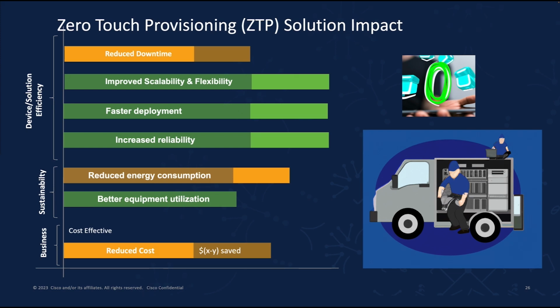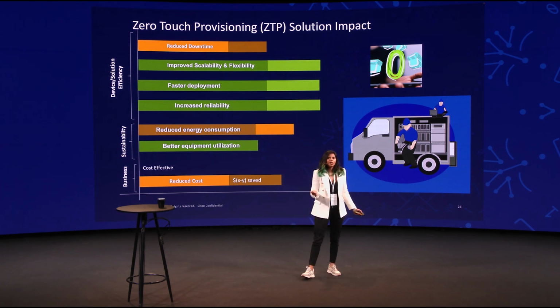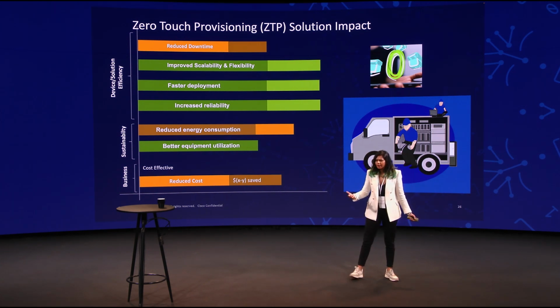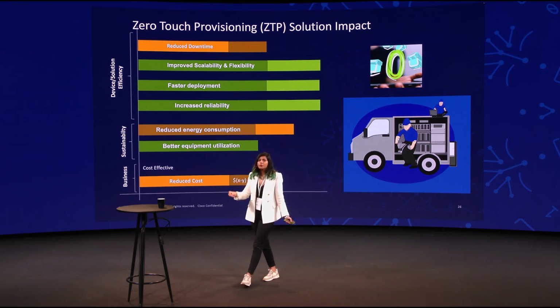Again, not going into many details, but if you just focus on the efficiency, we're also improving the efficiency of the system, and we're also taking care of the sustainability aspects, right? Obviously, now we have reduced downtime. We can spin up CPs on multiple locations. And with that, what happens, you're just, first of all, directly impacting scope 1, because we are reducing the truck